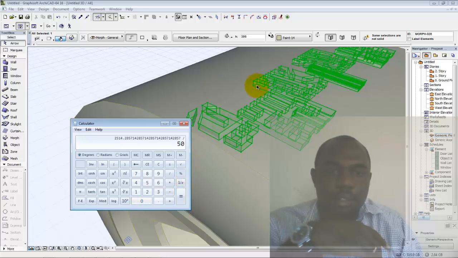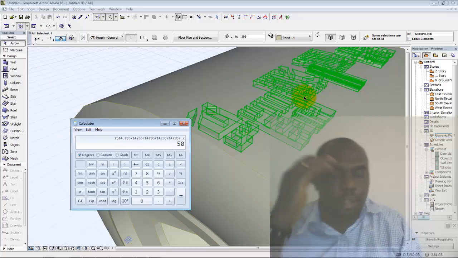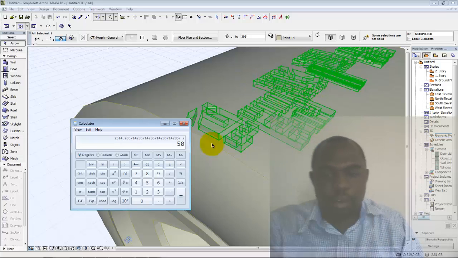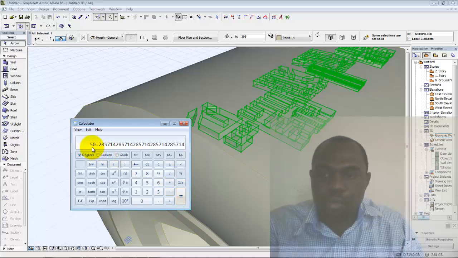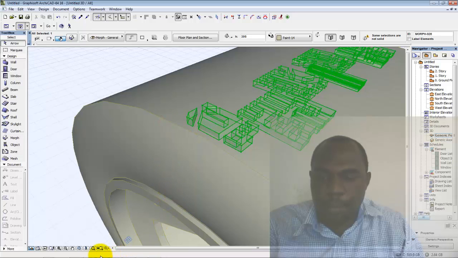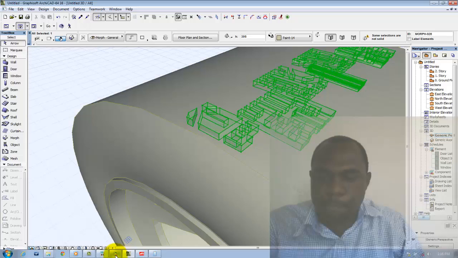50. That is the width of our pattern, the effective width of our pattern. We get this. So we have to get 50 patterns around the tire. So that done, just minimize that. Then we go to